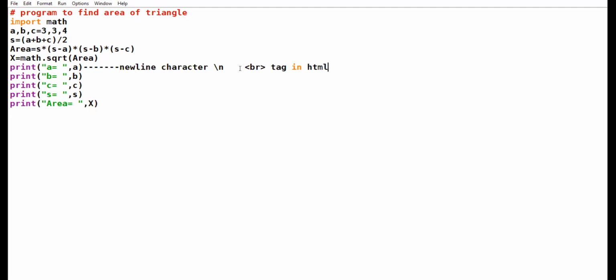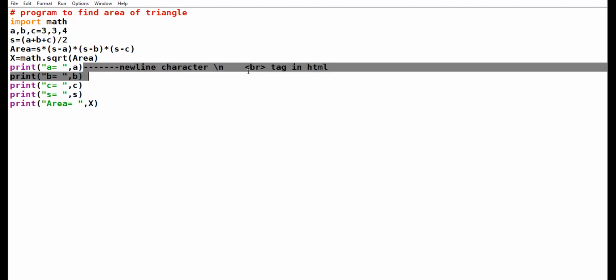In programming, wherever you are placing \n, wherever you are placing new line character, the data will get printed in the next line. And print function in Python programming automatically includes the \n at the end. Okay, one reason for this is